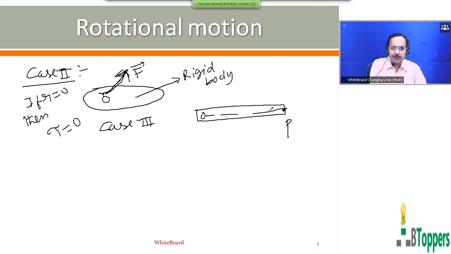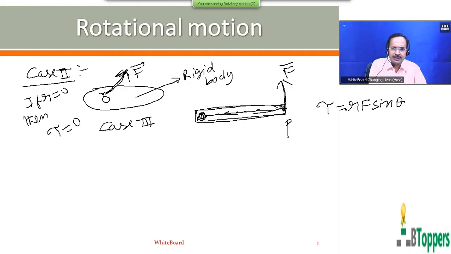Of course, for a given magnitude of the force and for a given value of R, suppose the force F bar is applied at a point. Let us consider a rigid body in the form of, for example, a thin uniform rod, which is capable of rotation about the axis passing through the point O and perpendicular to the plane of the diagram. Suppose the rod is capable of rotation in the horizontal plane about the vertical axis passing through O. Then for given values of R and F, the magnitude of the torque is maximum when sin theta is maximum. So sin theta will be maximum, as you know, when theta is 90 degrees.